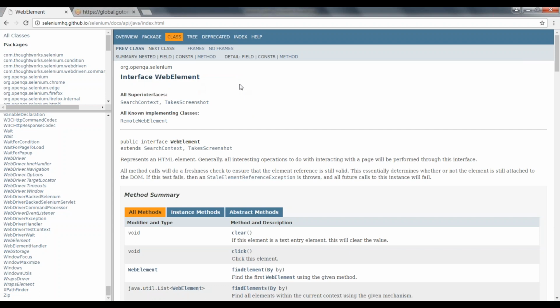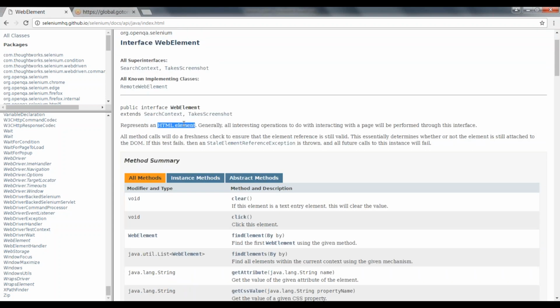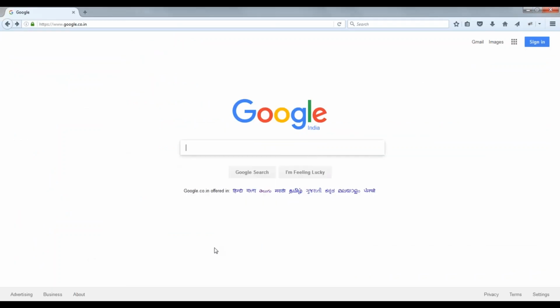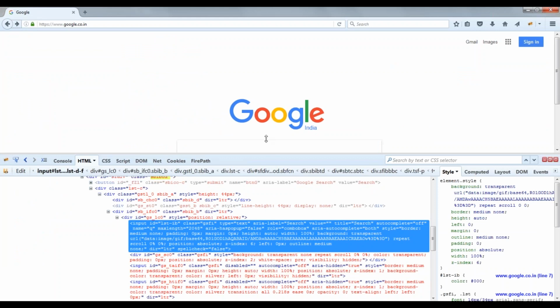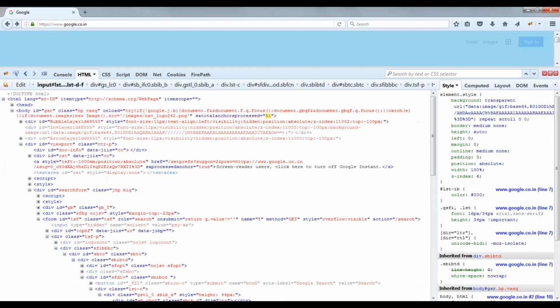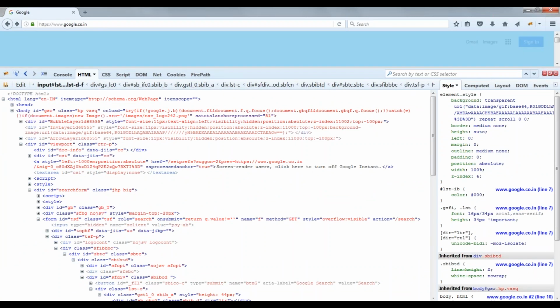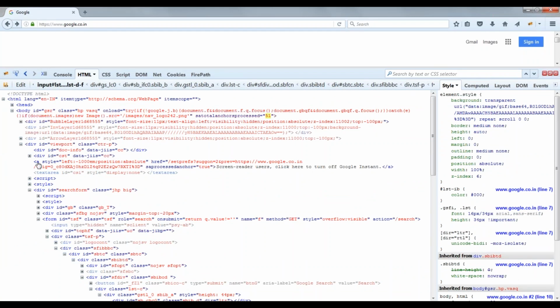So what do you mean by a web element first? Before going to this interface, in general, what do you mean by a web element? The web element represents the HTML element. So what is an HTML element? If I go to the entire page source, I will explain exactly what it is. Every element will have a tag. You can see HTML is one tag, head, body, division, and this is called an anchor tag for links.